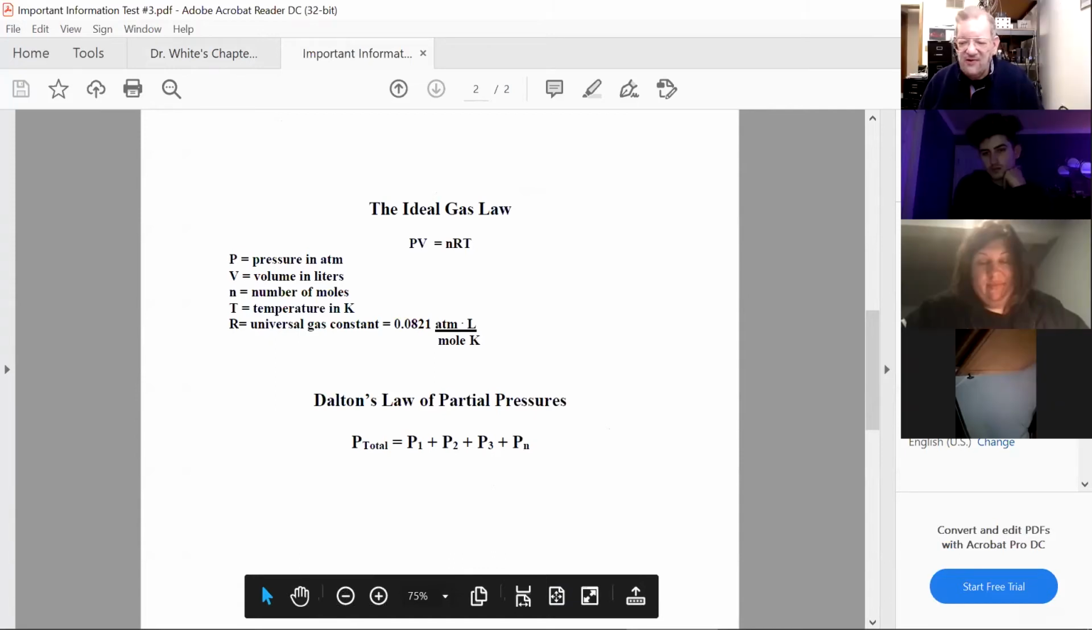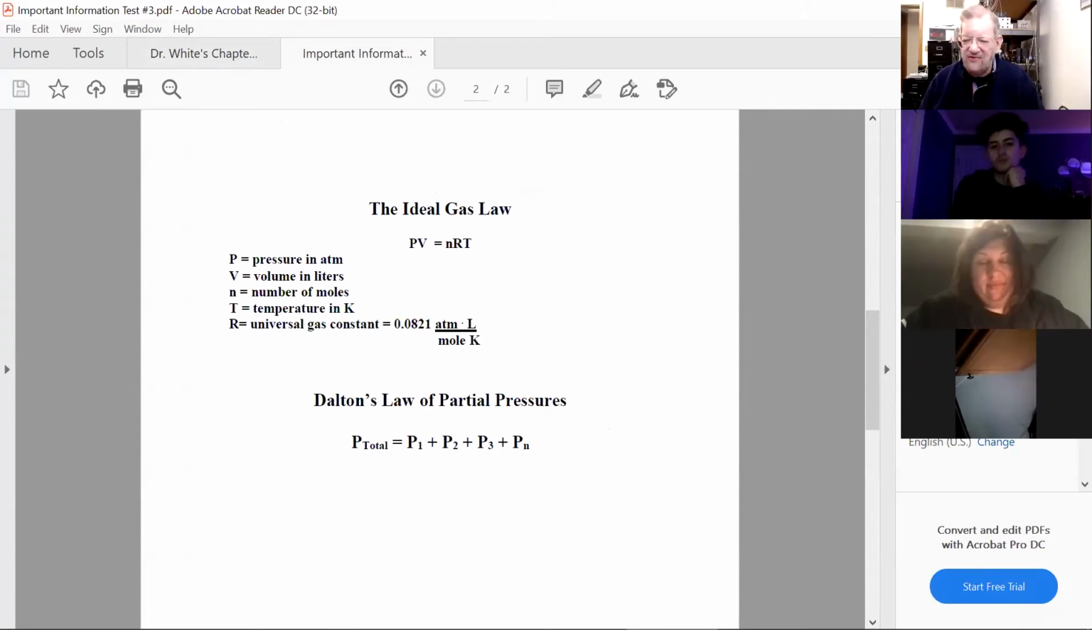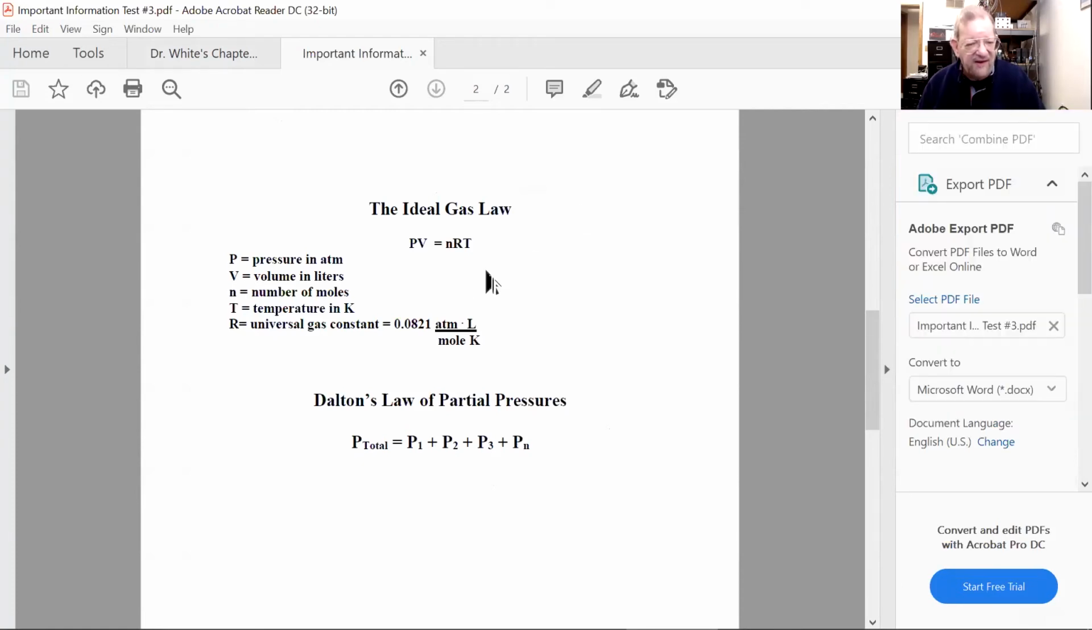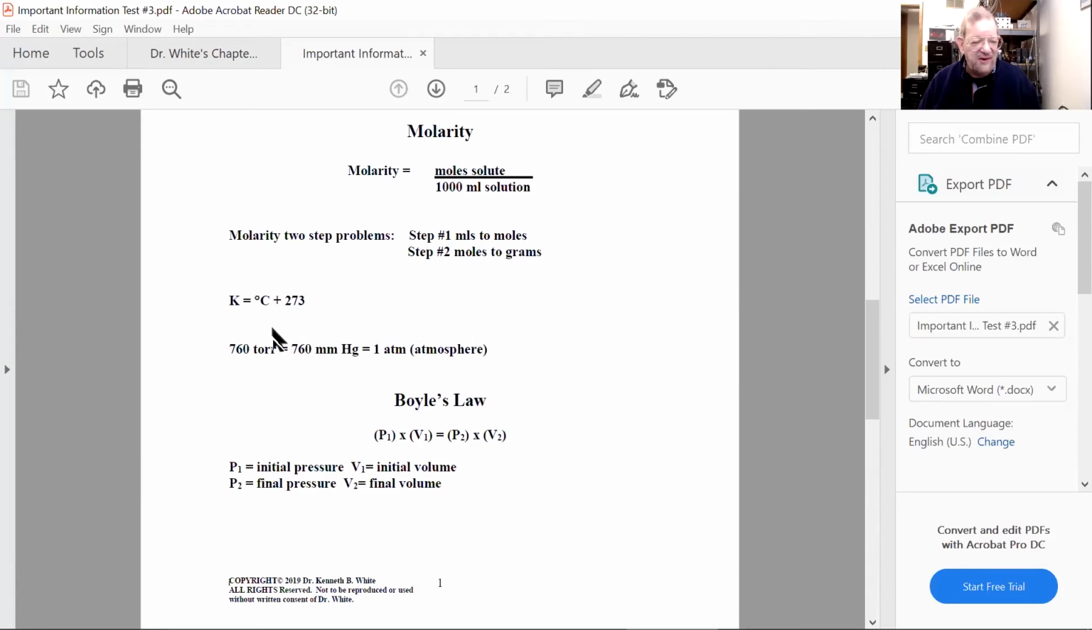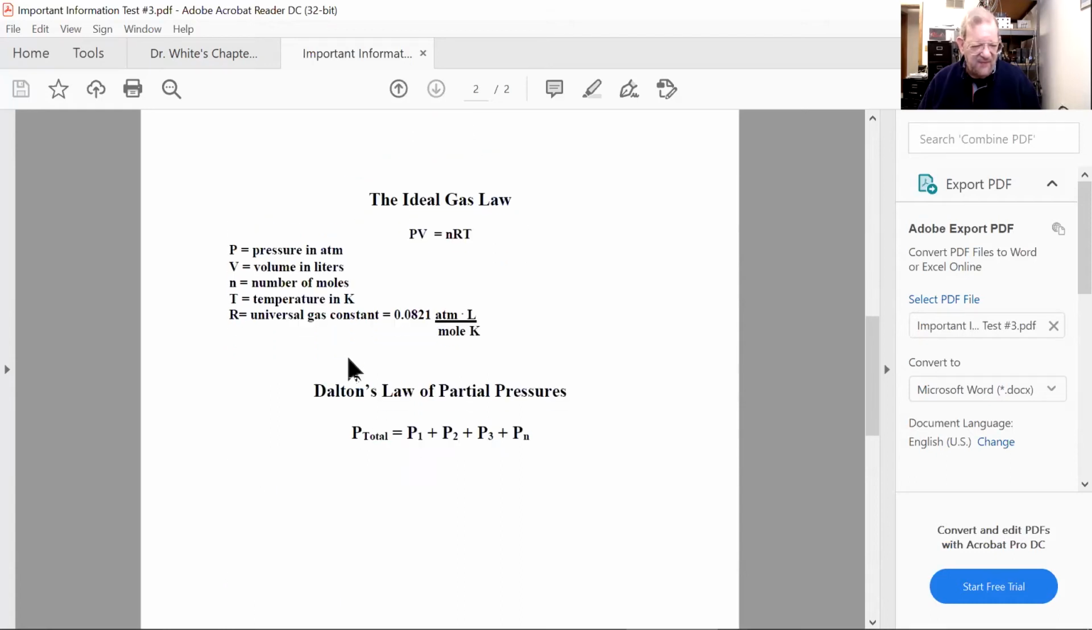Thumbs up, people. Can you see the important information on the ideal gas law? Remember the units here. I tell you what it is. And also here I give you how to do K. Here's important information that will help you out in there. All right, knowing that,